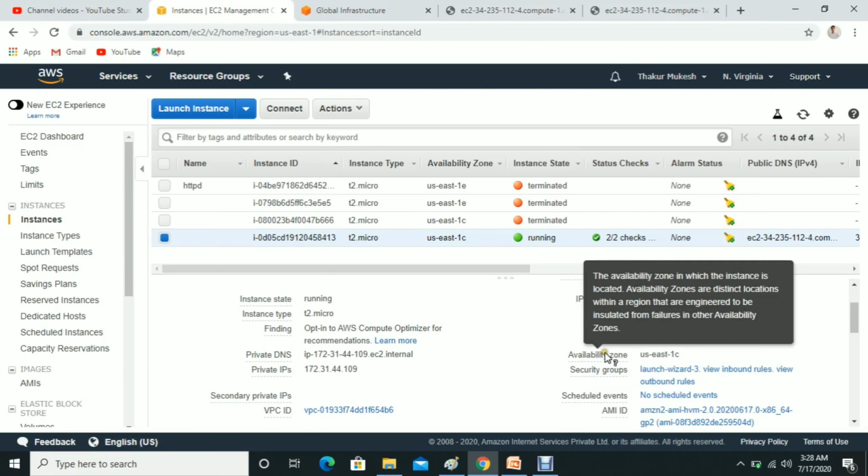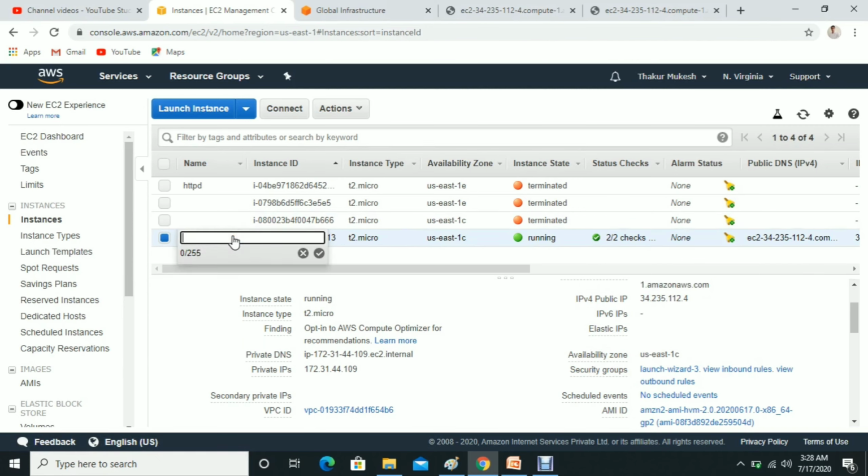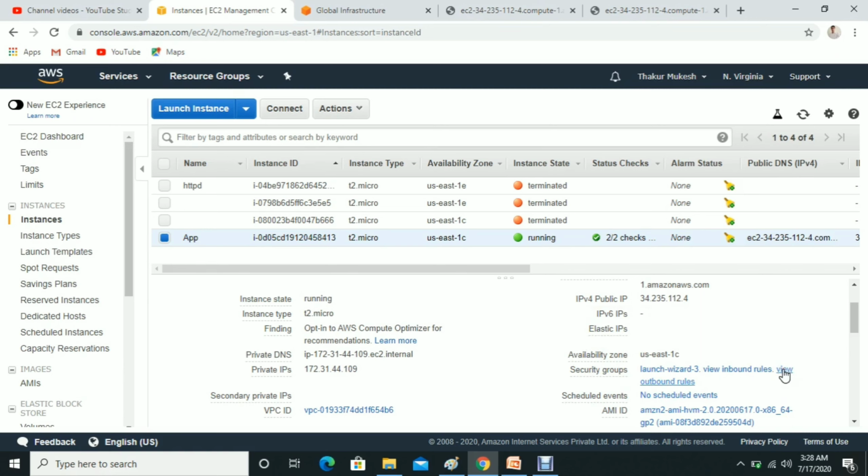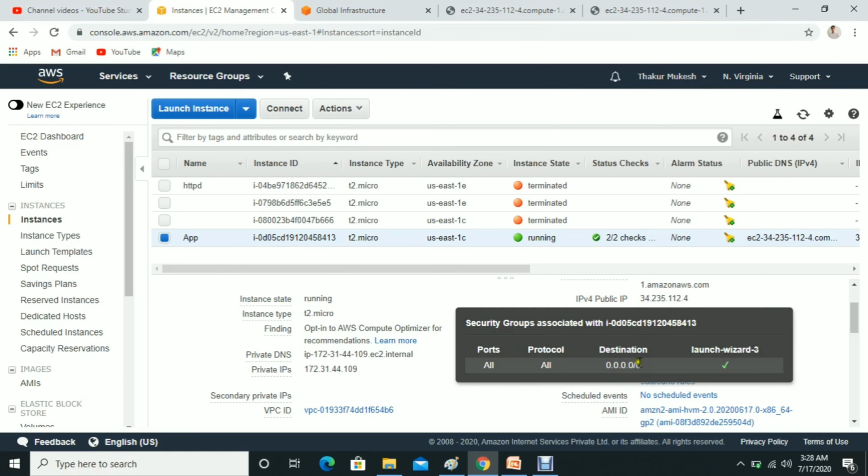Let me give it a tag. If you want to check the inbound rules, click here. You can see two ports open for this security group: port 80 and port 22. Port 80 is for HTTPD, and port 22 is for SSH. If you want to check the outbound rules, you can see everything is open.